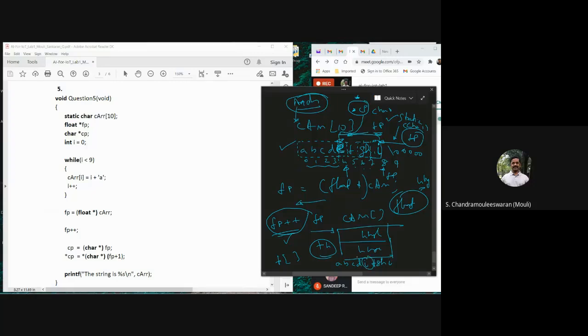Some of you, I don't know why you thought of replacing this or replacing this, because the main problem is FP incrementing by FP plus plus or FP plus 1, both are the same. It will be 4, because any pointer arithmetic is done considering the scalar size of the pointer. So FP happens to be a floating point pointer. So if I do plus 1, it is not like adding 1 to the address. It is adding 4 to the address where the FP is pointing. If you have that clarity, you will know where it is going.